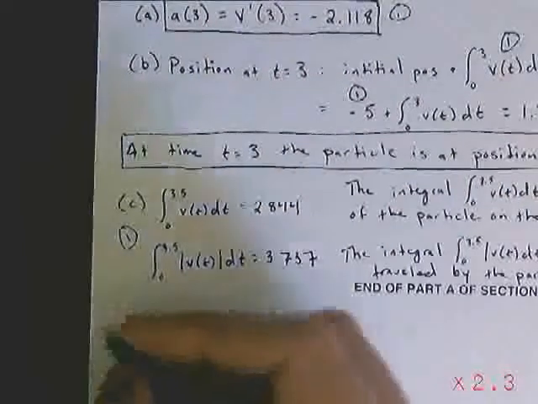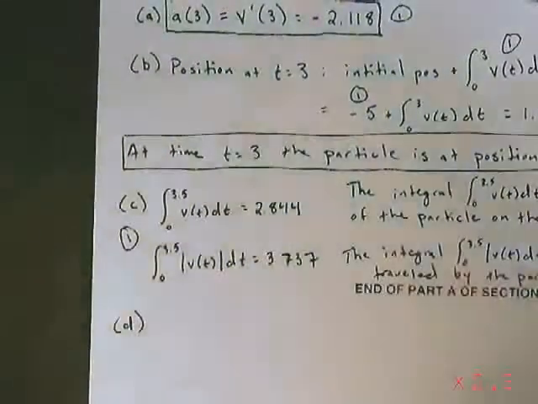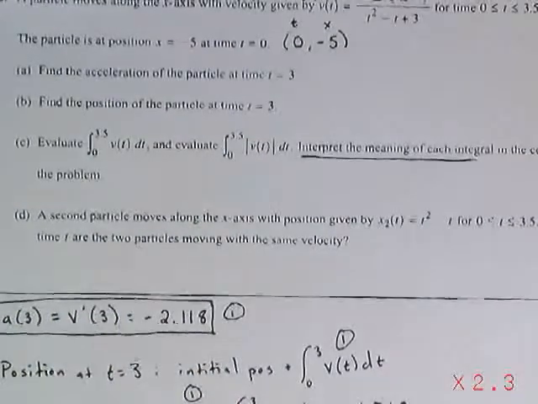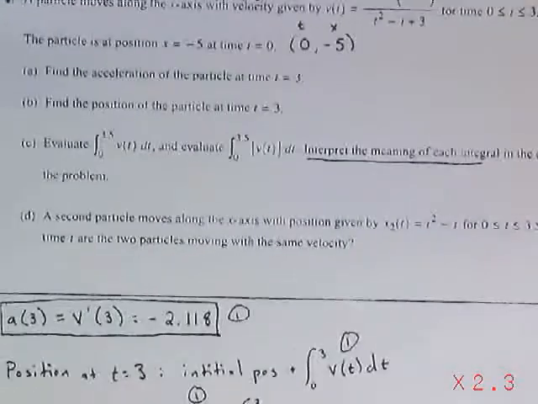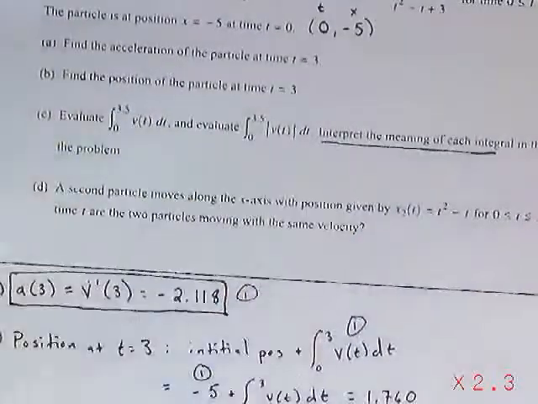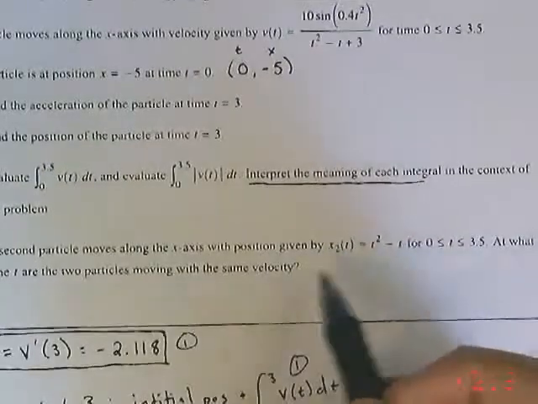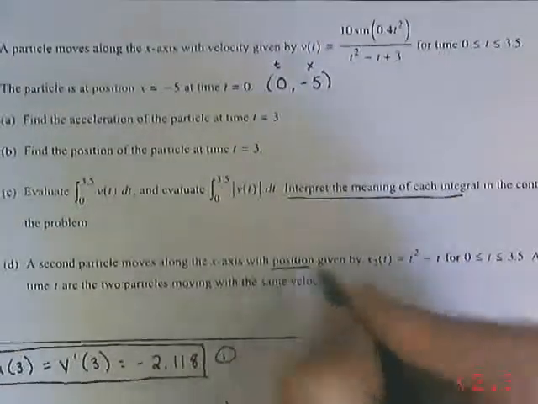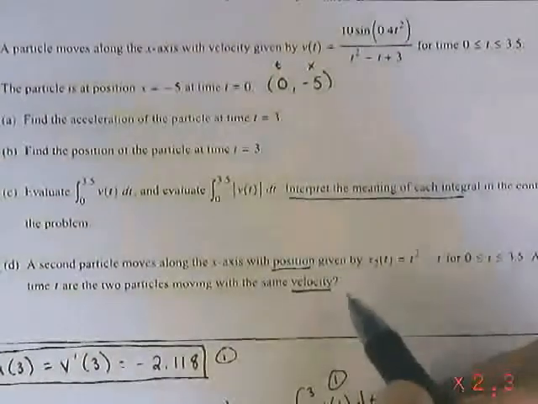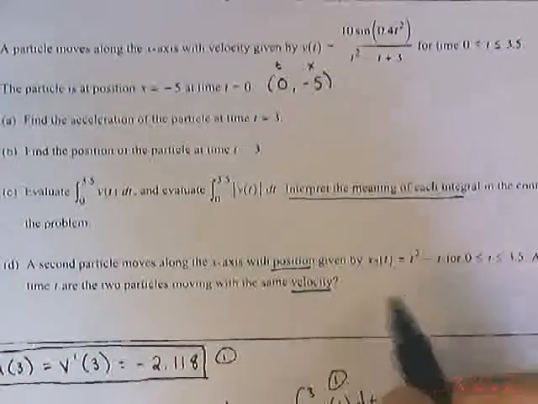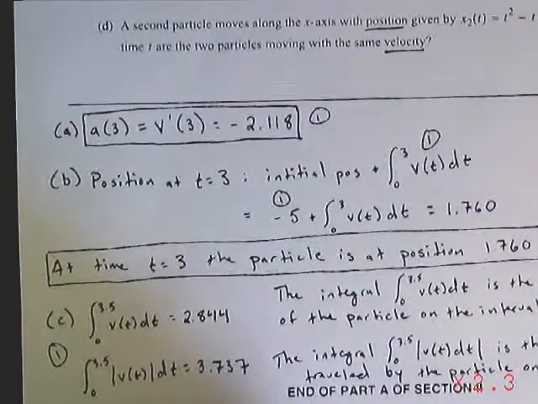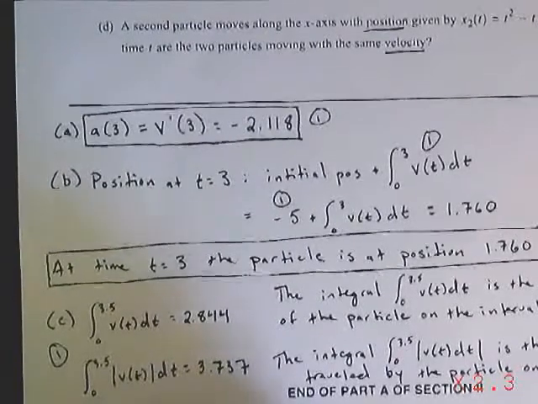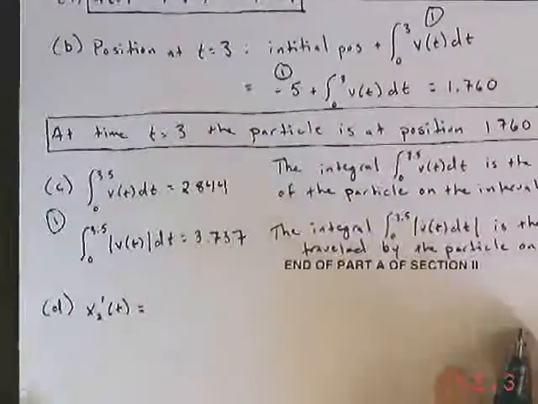Okay, part D says a second particle moves along the x-axis with position given by x sub 2 of t is equal to t squared minus t for t between 0 and 3.5. At what time t are the two particles moving with the same velocity? Okay, well, we're given a position, and they're asking us about velocity. Well, velocity is the derivative of the position, so probably our first step is going to be, let's take the derivative of this position. So x sub 2 prime of t is going to be